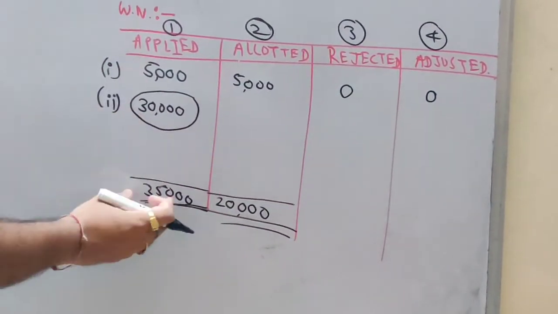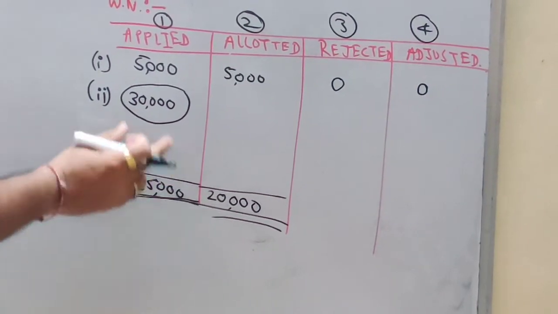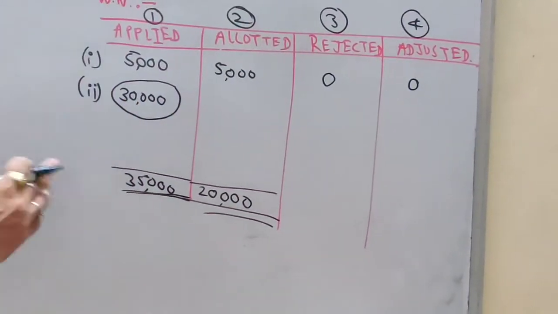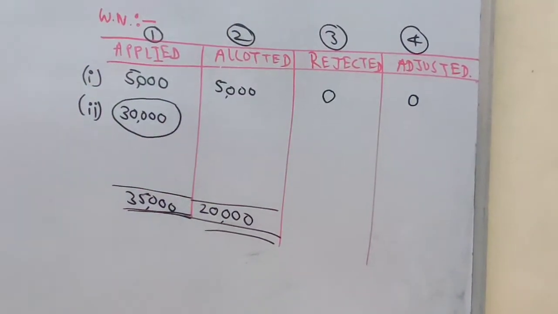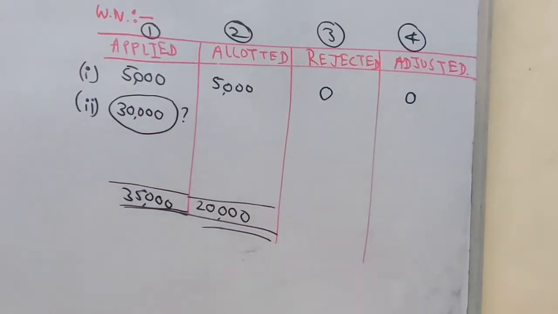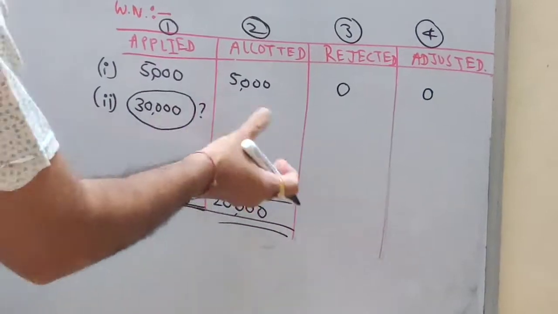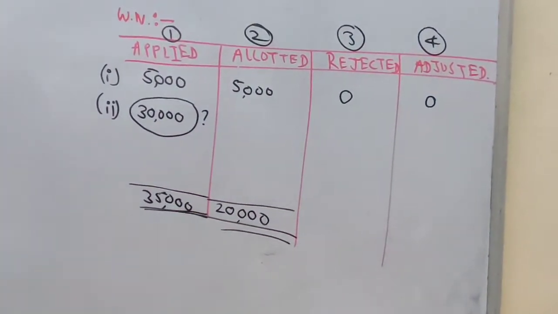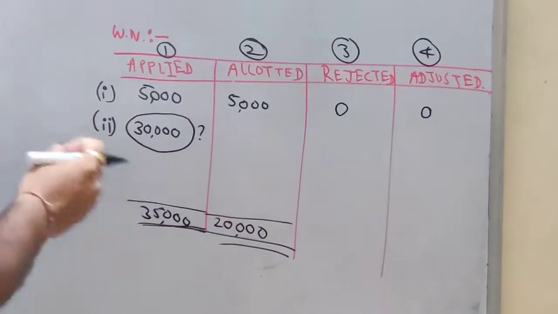That makes up the total of 35,000. So out of total applications received, 5,000 were allotted in full. Remaining applications were given pro rata. So this is how I found it with the help of the total. This is how the table will help you a lot to solve the sum, even if they have not given you the pro rata details. This is a very important table.